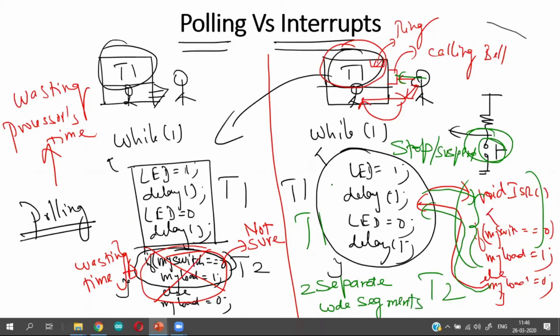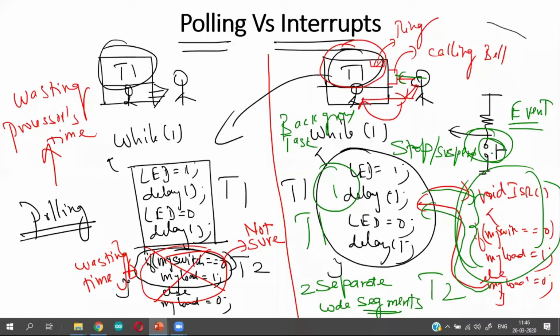One segment is always executed under normal case, which is called the background task. Another segment is an interrupt segment, which will get executed only when an event happens. In this case, that particular event is pressing the button.